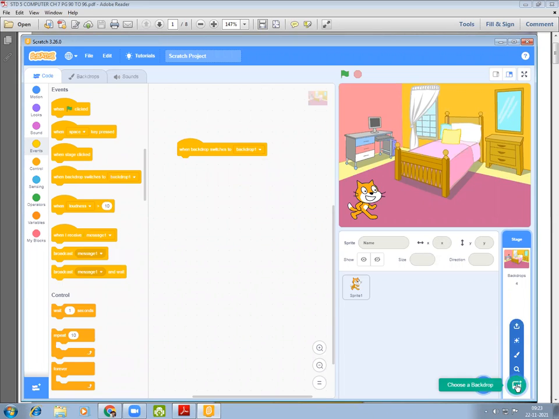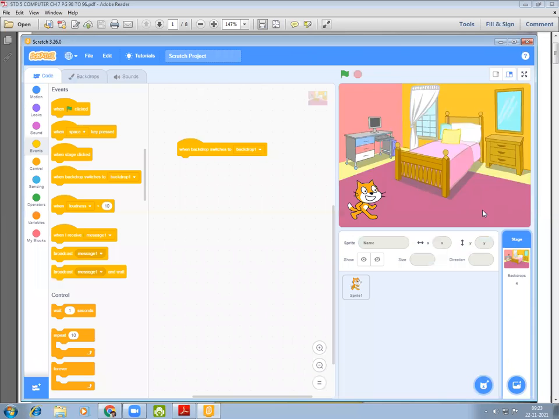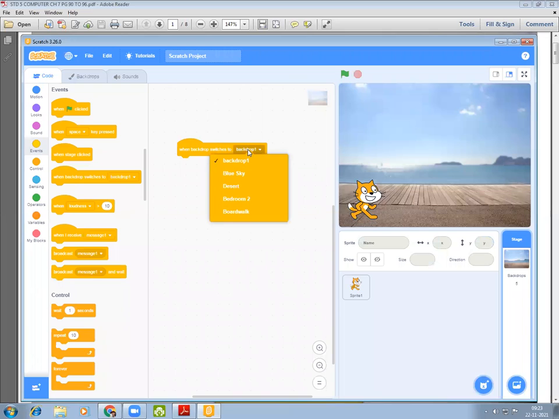If I add another backdrop, then you can see that another backdrop is added here. So you can say when backdrop switches to backdrop 1, by clicking blue sky or desert. Okay, so this way we can change